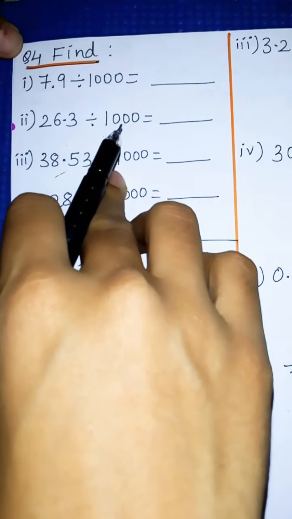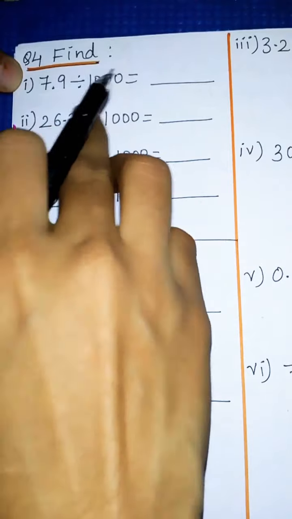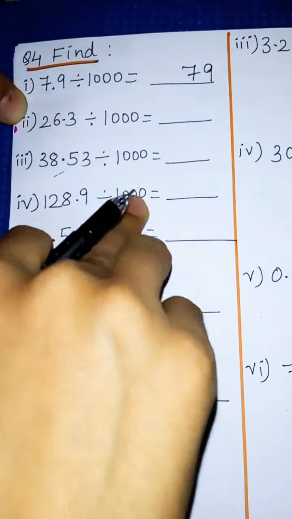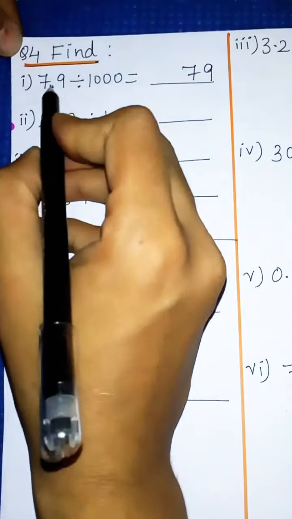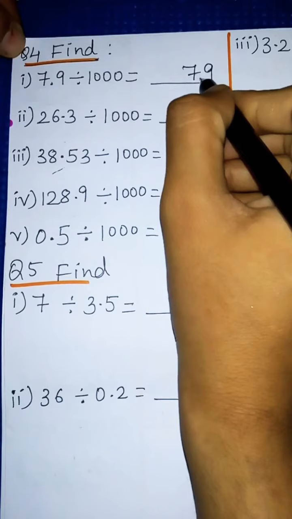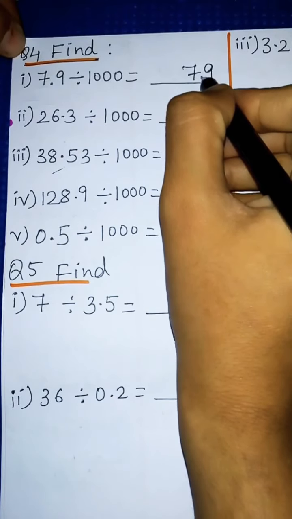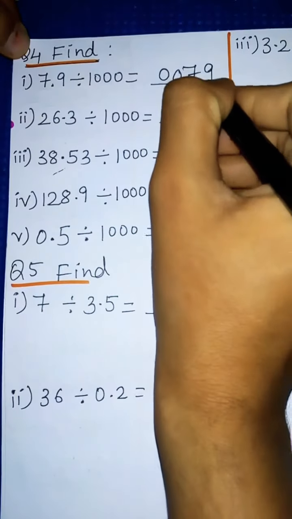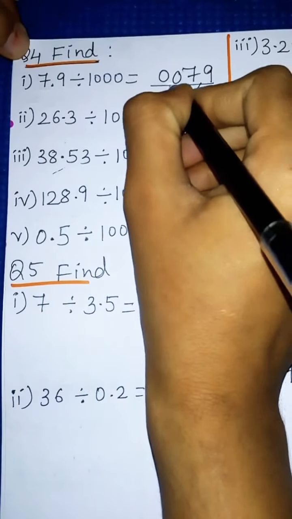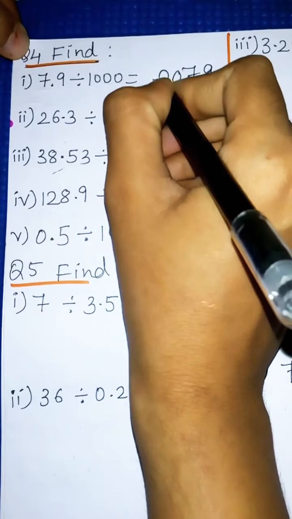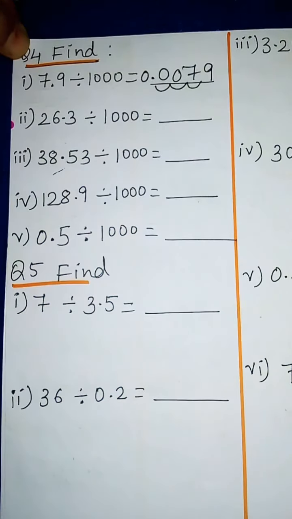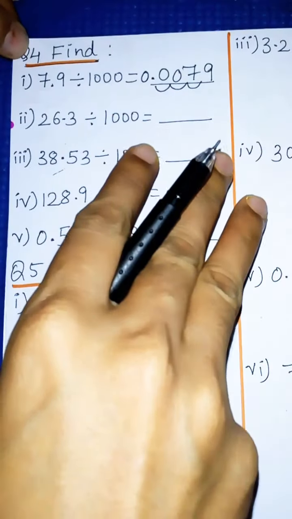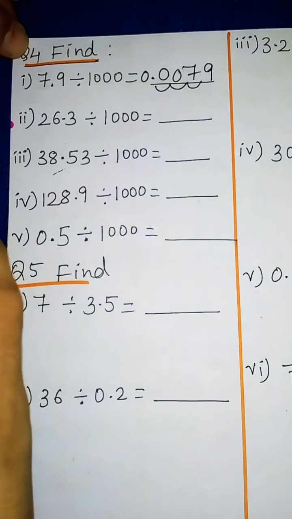So let us start. Question number 4 is find 7.9 divided by 1000. So first of all 79 is given. The digits we will write 79. So 79. Now point is here. Point कहाँ पे है? यहाँ पर है, right? After 7 point is given. So now 1000 is there. So we have to shift 3 times. So we need to take 2 zeros. Point is here. Okay. So 1 shift, second shift and third shift. So here we will keep point and then 0. So answer will be 0.0079. So 1000 is there. So 3 times we have to shift to left side. So 3 times we will shift to left side.